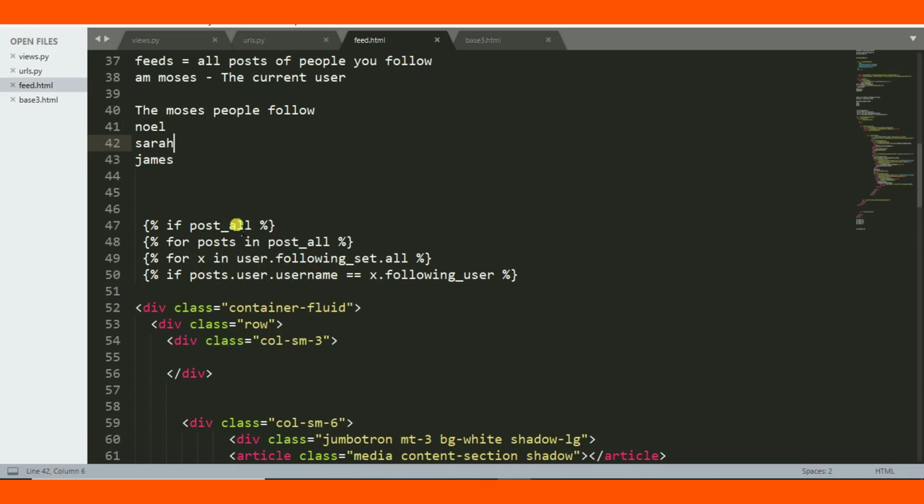So if Posty, this is checking if Posty are returned by the Django function, which is feed. Then if Posty are returned, for posts in Posty.all, we loop over all Posty. After looping